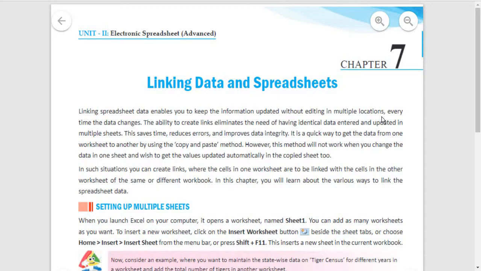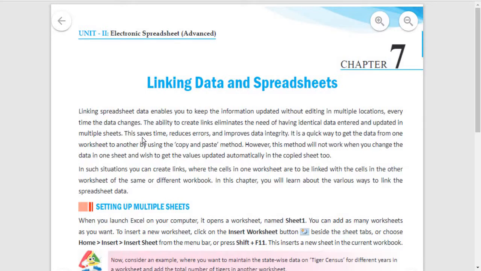If you apply this feature, see here, the ability to create links eliminates the need of having identical data entered and updated in multiple sheets. So no need to enter the same data again and again, or in all worksheets.